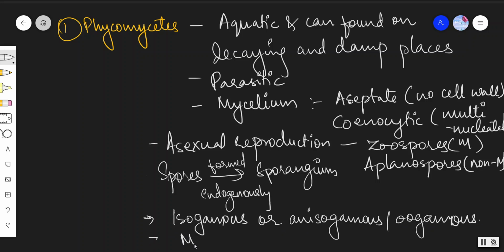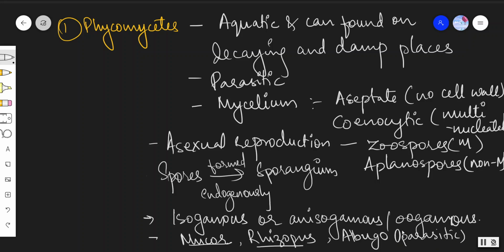Examples of this are Mucor, Rhizopus, and Albugo. Albugo is the parasitic fungi on mustard. Clear? This is about Phycomycetes. Next is